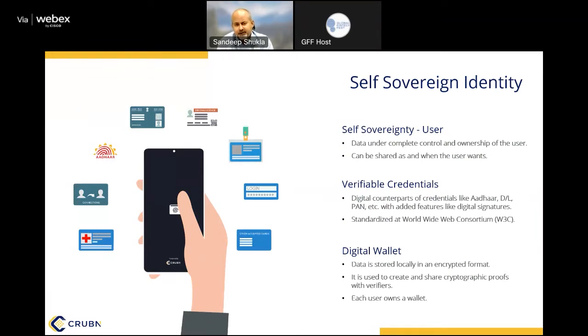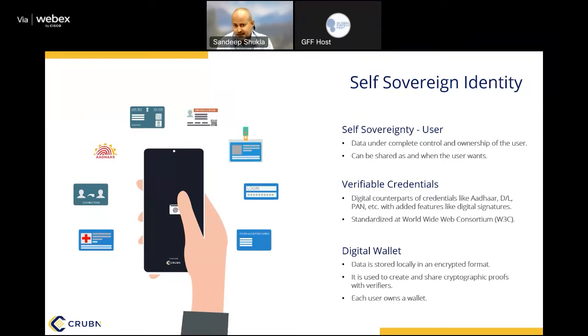Whereas in a self-sovereign identity, the user has full sovereign control on that particular data, his identity data. With the data under the complete control of the user, it can be shared, or it can be not shared but proven to be his identity using techniques such as zero knowledge proof. But the same cannot be forwarded for misuse